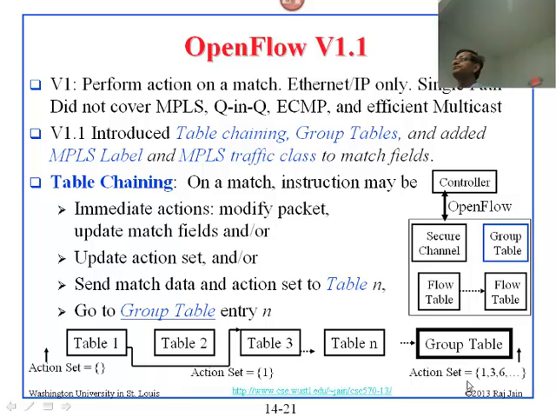So, OpenFlow version 1. Version 1 was very simple. You had a table, you just match the entry, and